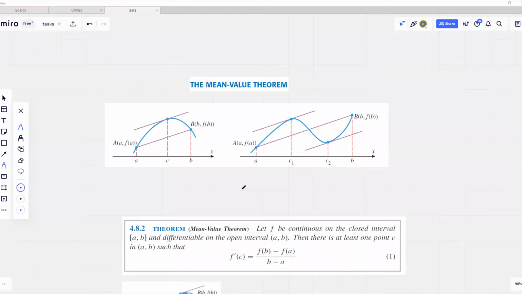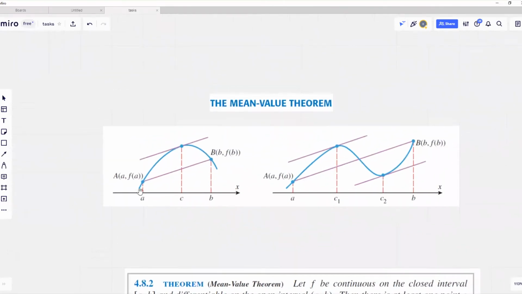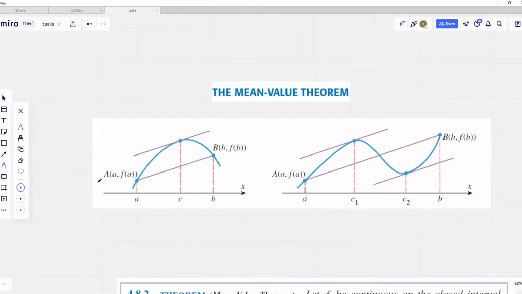It should be noted that Rolle's theorem is a special case of more general result known as mean value theorem. Mean value theorem states the following simple geometrical fact. If we have function that is continuous on closed, differentiable on open interval from a to b, then there is at least one point C in that open interval from A to B such that the slope of tangent line at that point is parallel to the slope of a second line joining points A and B. So mathematically speaking,